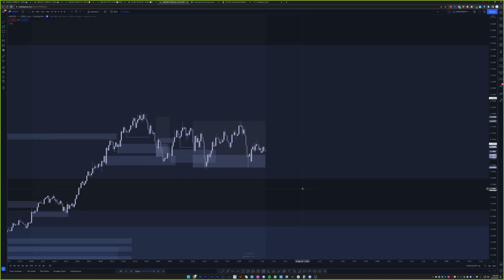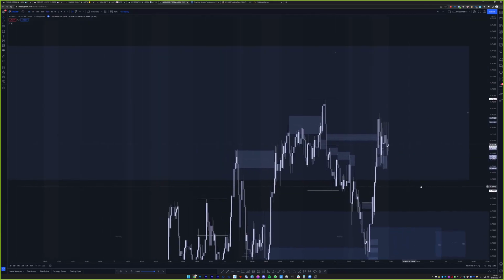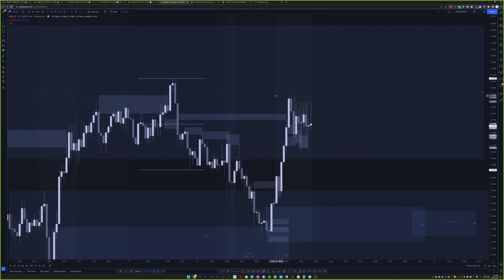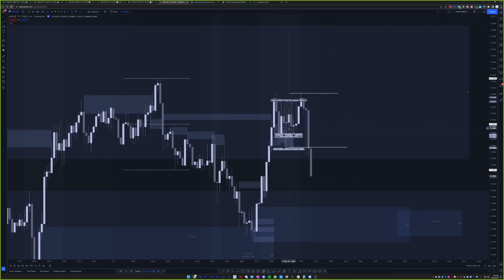What's happening here? What do we have on the 15 minutes? Ooh, it's very messy, honestly. I want to see where I'm reacting from. It doesn't quite touch it. I would wait for price to break out of that range. So let's do that. If I were to take those two hours, I'd be done for the day. To be honest, I would call it. But for the sake of backtesting, let's see if there's anything else here.